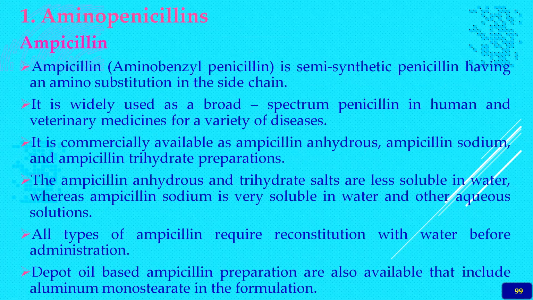So number one is the aminopenicillin, that is ampicillin. It is also an aminobenzyl penicillin, a semi-synthetic penicillin having the amino substituent at the side chain. That's why it's called the aminobenzyl penicillin. It is very widely used as a broad spectrum penicillin in human and veterinary medicine for a variety of diseases. It is commercially available as ampicillin anhydrous, ampicillin sodium, then ampicillin trihydrate, like this, the salts